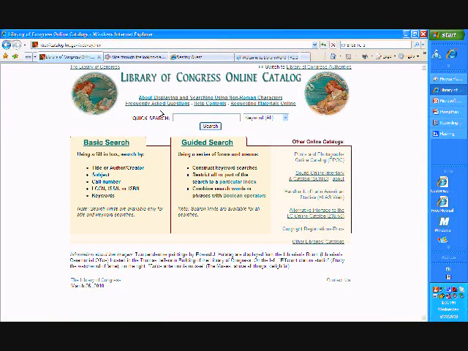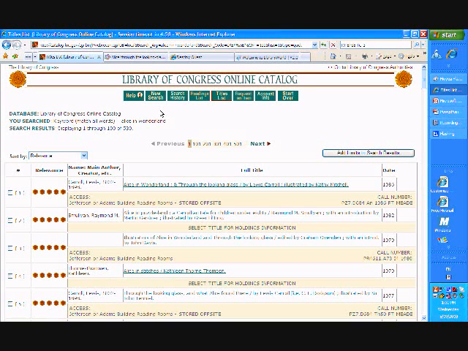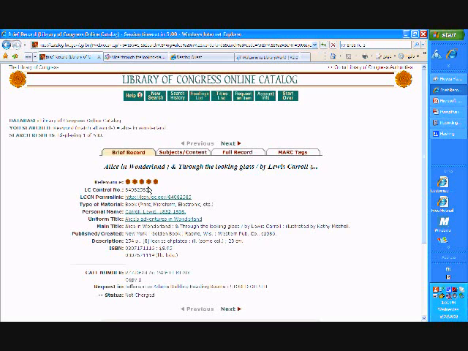But when we search in the Library of Congress for a similar title, in the School Library OPAC we found 5 similar titles. However, in the Library of Congress we found 530 titles. So even though it is a flat interface, it has a rich wealth of information. But as you can see, when you click on a title, it doesn't have cover information, it doesn't have related titles, some Web 2.0 features that your users might find useful. So this is the Library of Congress online catalog, and now we will look at the WorldCat